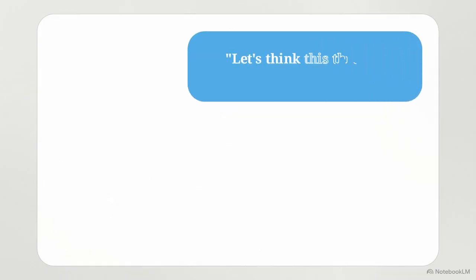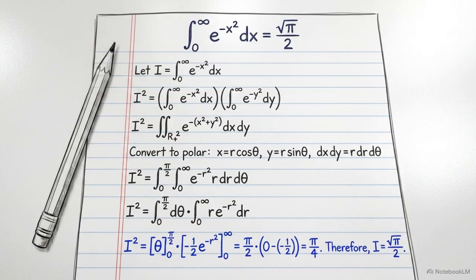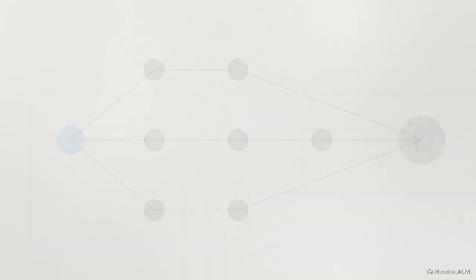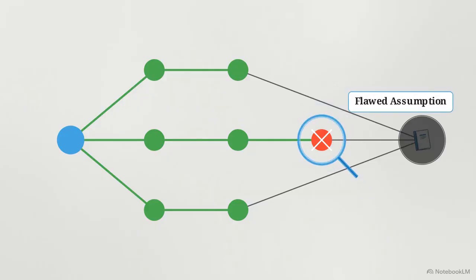Alternatively, by adding the command, "Let's think this through step by step," you trigger chain of thought prompting. Think of this exactly like asking a student to show they're working on a complex math problem. You don't want them jumping straight to the final answer. You need to see the underlying logic they use to arrive there. This step-by-step disclosure exposes every branch of the AI's reasoning, allowing you to catch flawed assumptions or hallucinations before they